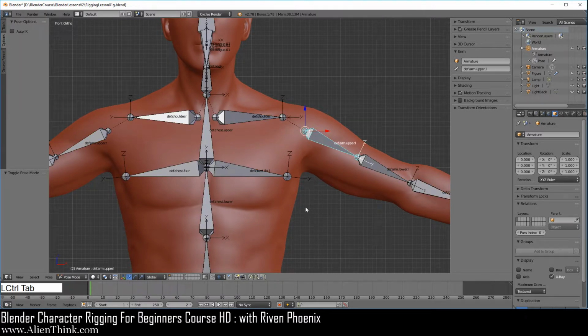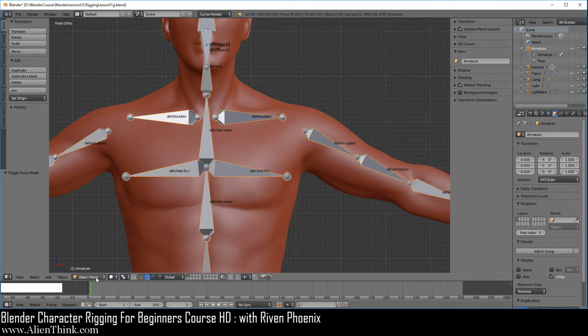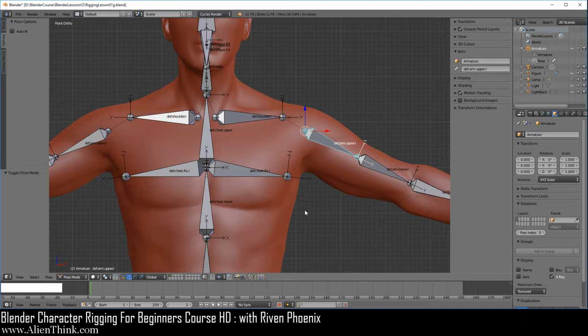When you do Control Tab, it's going to go to pose mode, and Control Tab is going to jump to object mode. Now, when we do Control Tab when it's in pose mode, press the Tab key to go into edit mode. What happens when we do Control Tab in edit mode? Remember on the figure when we did Control Tab, it was showing us a menu. So if we do Control Tab, you'll notice that it just goes to pose mode. Okay, so in the armature, when we are in edit mode, we get to use Control Tab.